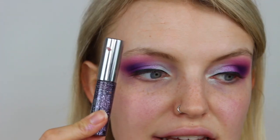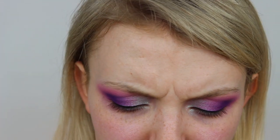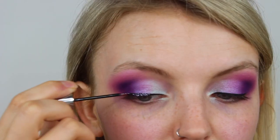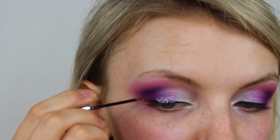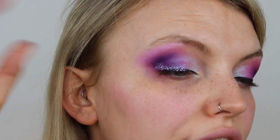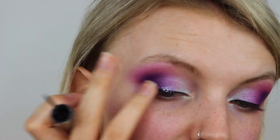So I'm going to start off with my small chunky glitter. The heavy metal glitters I'm going to be using are by Urban Decay, and this is in the shade AC/DC. This has actually changed colour, which is a little bit weird, but we're just going to roll with it. I'm going to start from the centre. I'm going in sort of like a wing shape, but then I'm tapping it out to make it a little